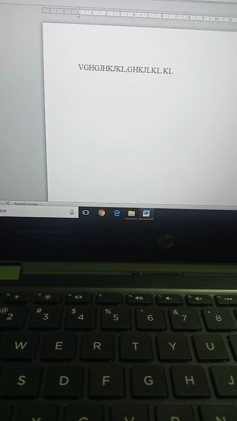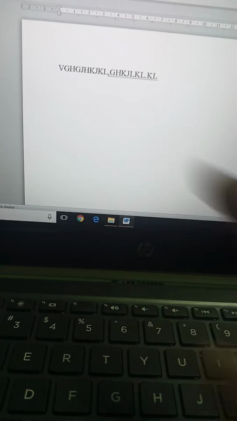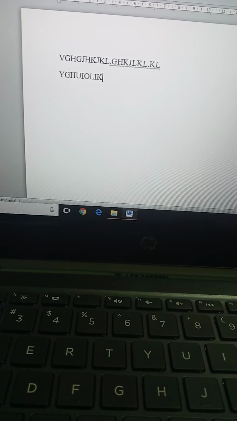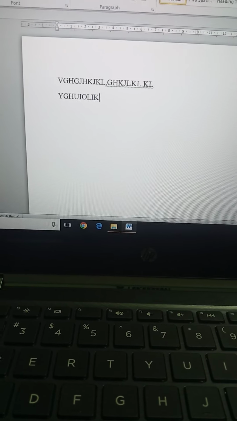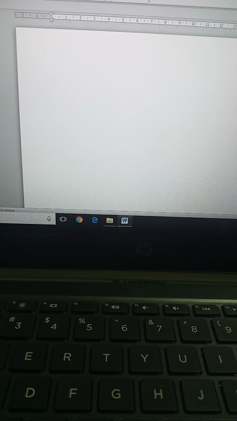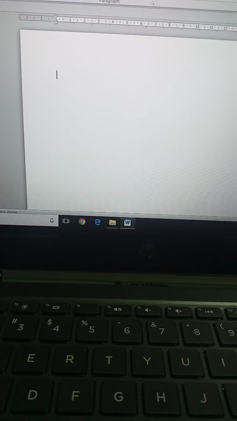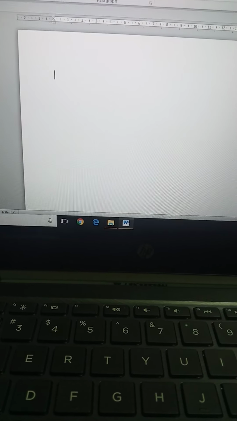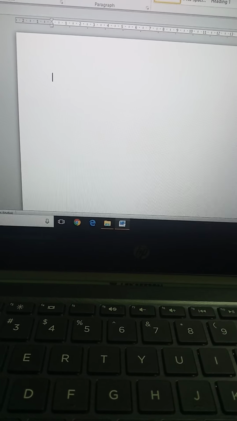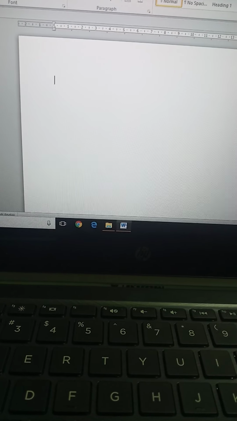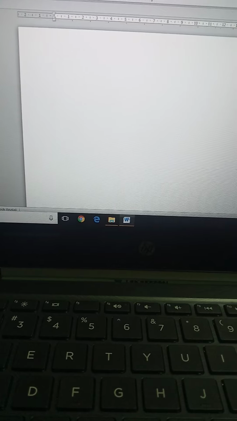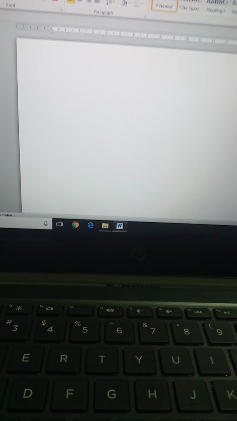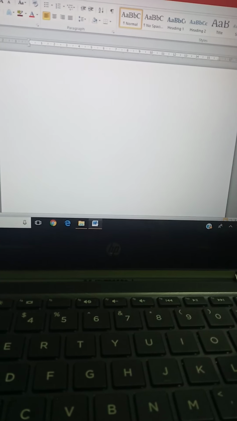Now I have pressed enter. Why do we press enter? We press enter to come down. Now the cursor is here. Whatever you want to write, you will write like this. So what is cursor? Cursor is a black blinking line, which is also known as the insertion point of the text. Whenever we want to write something, we have to write from the cursor only. Understand?